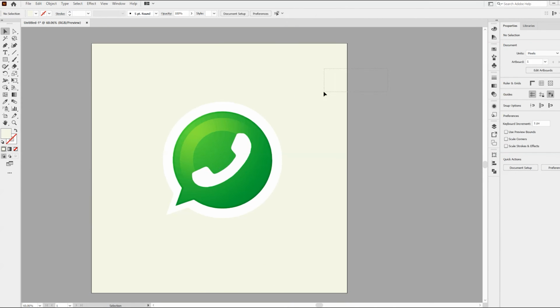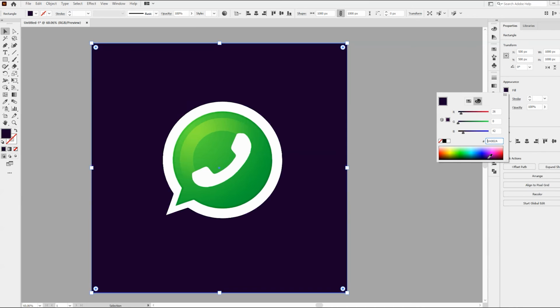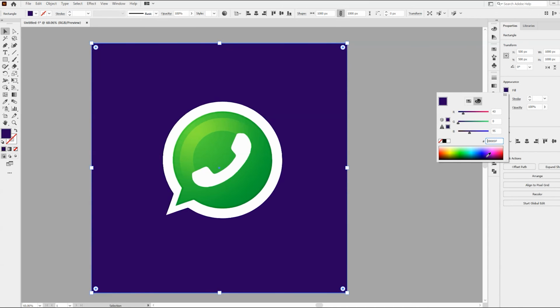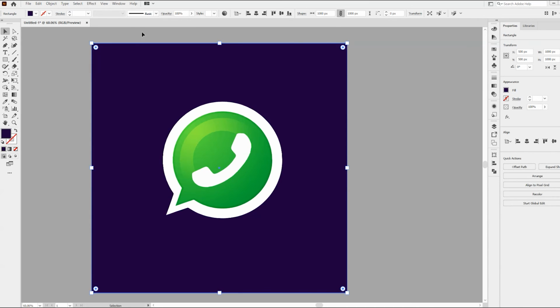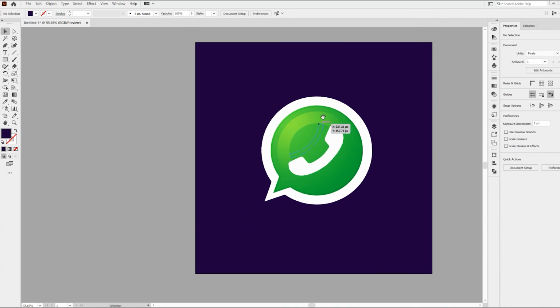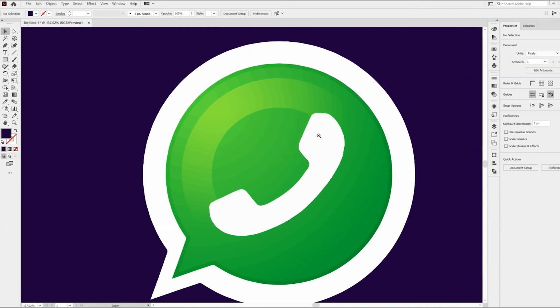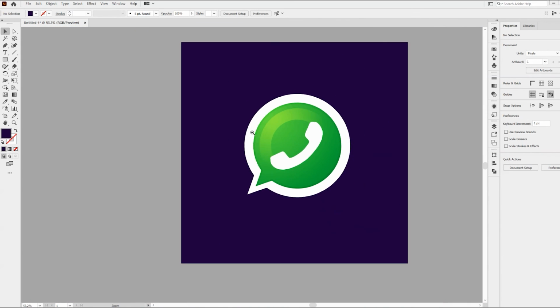Okay, unlock it, make it darker, okay, I can select this option. Okay, fine. Lock it again. Now you can see that this is the perfect shape to use.